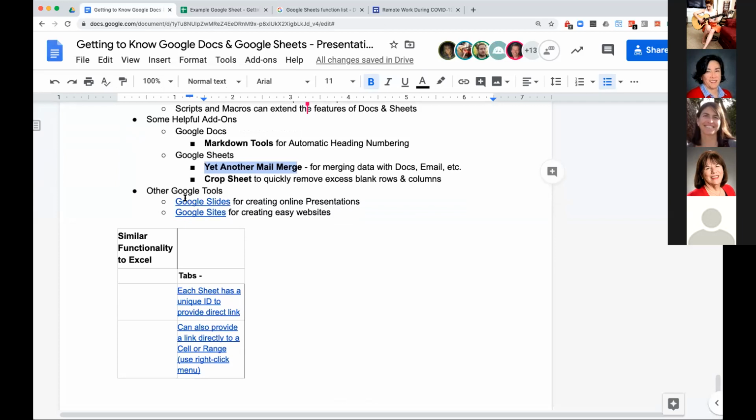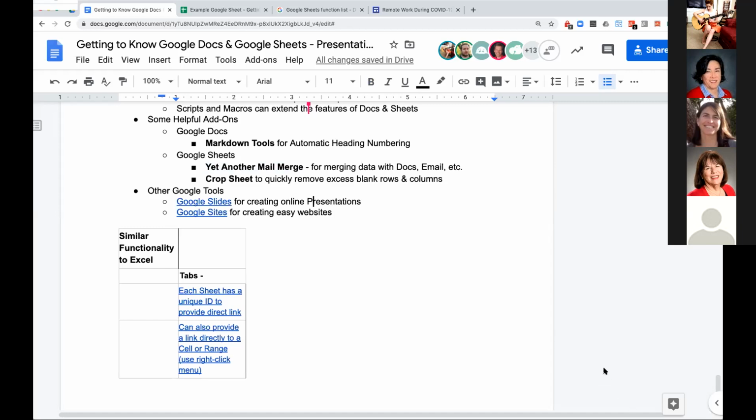So other tools, and these are sheets and docs. Google also has Slides, which is the online version of PowerPoint. Again, transfer between PowerPoint and Slides is pretty good. I would say the masters part is maybe less developed, and images might not come in quite as well, so not quite as good as Word, but it is pretty nice. I do all my presentations in Slides, and then also Google Sites for the website. And all of these can be managed in your Drive like regular files. So that's all I had. Any other comments or questions?